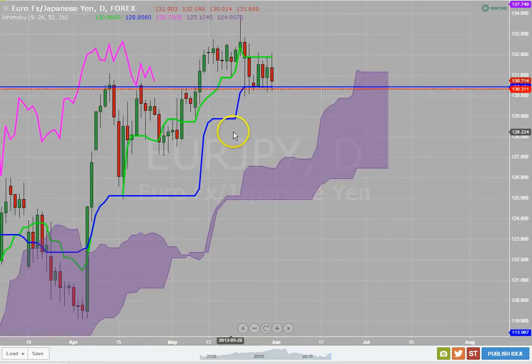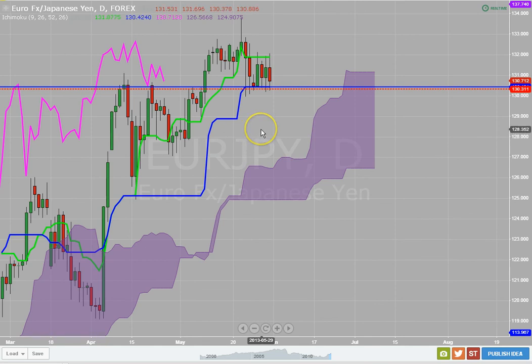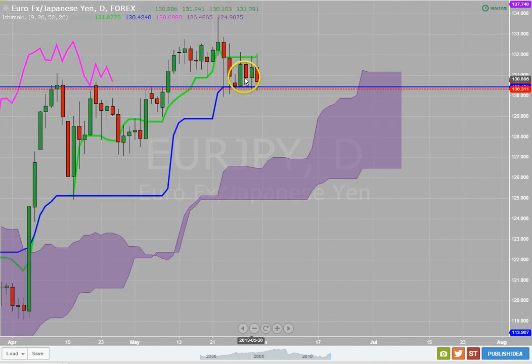Daily time frame. Everything is bullish here. We're getting into a little range, no momentum at all. You can see both of the Kijun-sen and Tenkan-sen are flatlining. They're dead. The heartbeat is gone. This market is dead here. It's staying in this little consolidated range. It has to break out eventually either way.